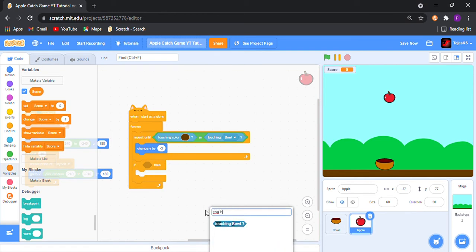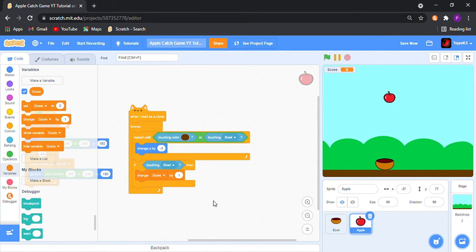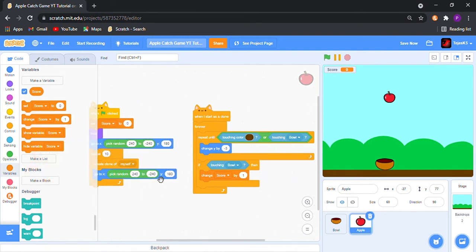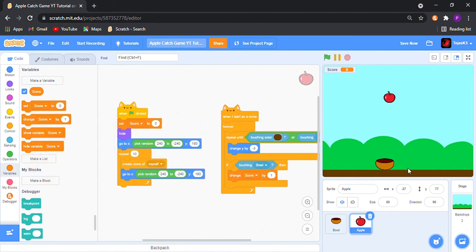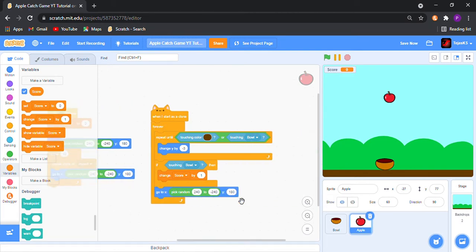If touching bowl, then change score by 1. After that, after it hits the bowl or the ground, then it should go back at the top. So we can duplicate this and paste it at the last. We can save now and let's give it a check.